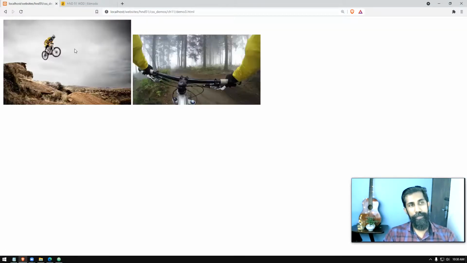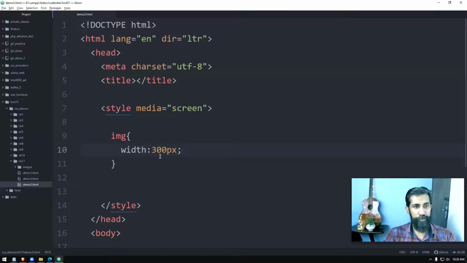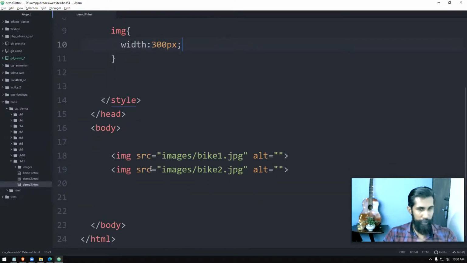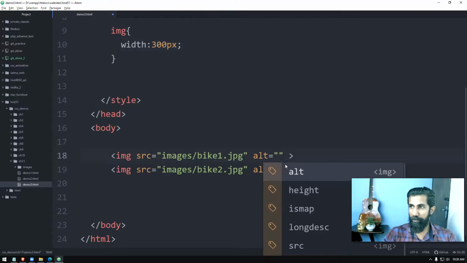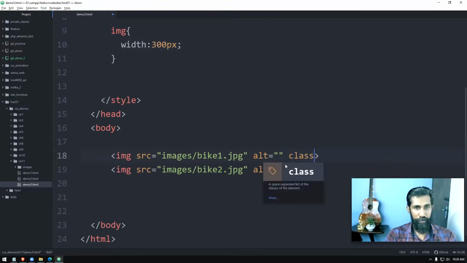So we have two images. No other properties have been set, just the width. So what I'm going to do is, we'll call this one class pick 1, and class pick 2.